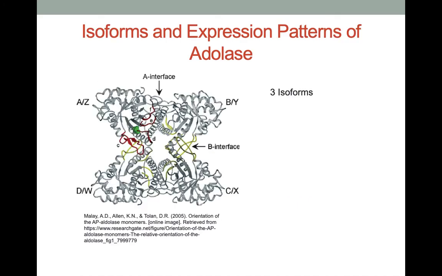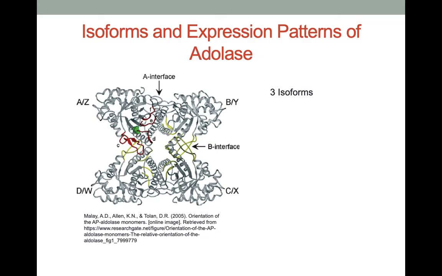Okay, the isoforms and expression patterns of aldolase. Aldolase itself has 3 isoforms: A, B, and C. The difference in them results from slight isozyme structural differences, which result in different activities for the different substrates that they're using. The regions where they differ, there are 4 isozyme-specific regions because all 3 of them are homotetrameric